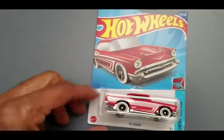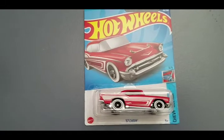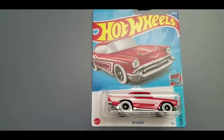Okay. Now, for the regular line, I did find a couple at Walmart. I found this one here, which is a nice little Chevy. Okay, I'm a Ford guy, but I do appreciate a good old Chevy. That's a nice looking vehicle. And, of course...